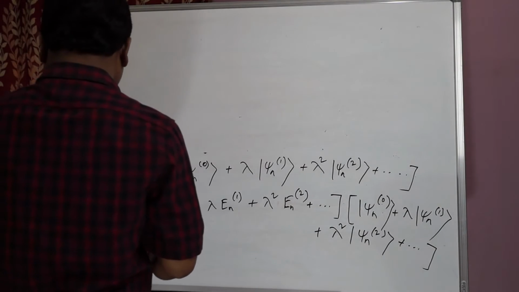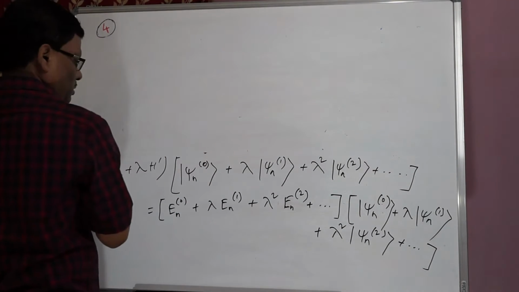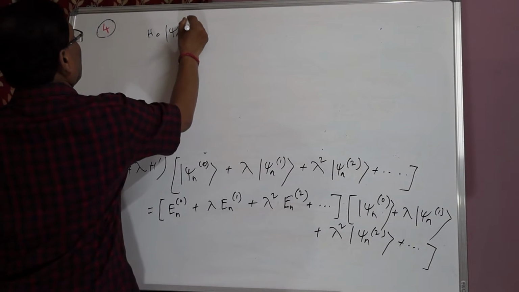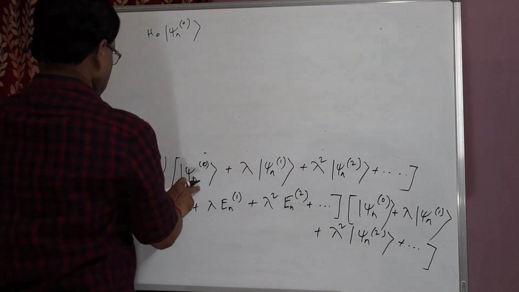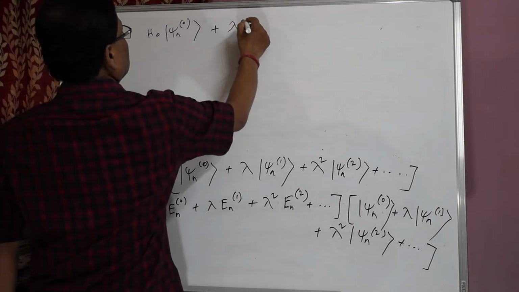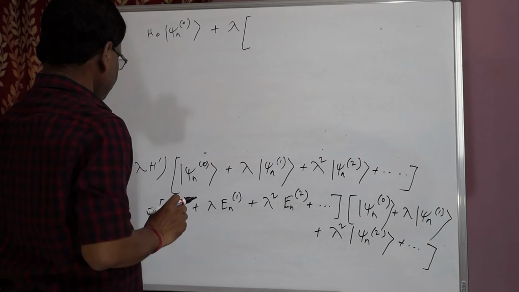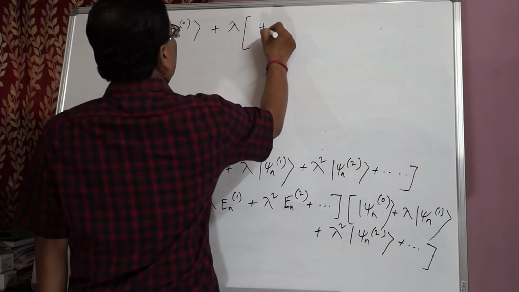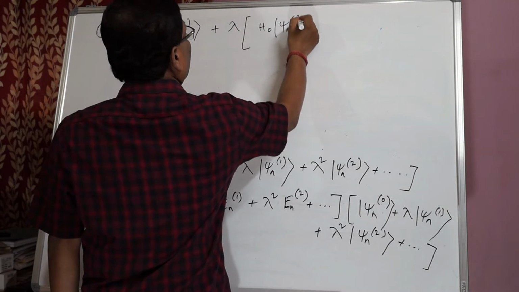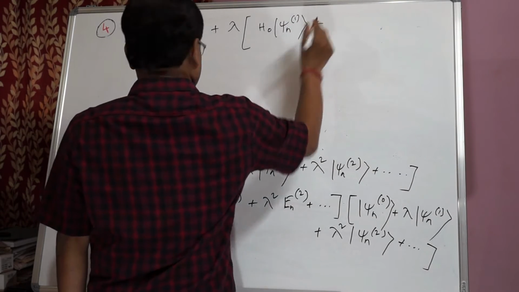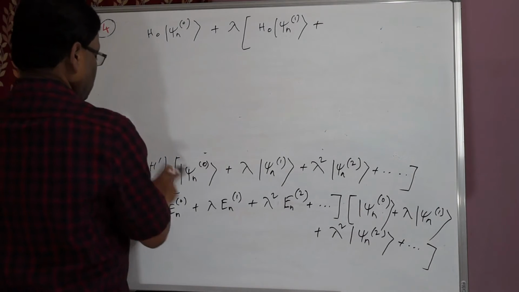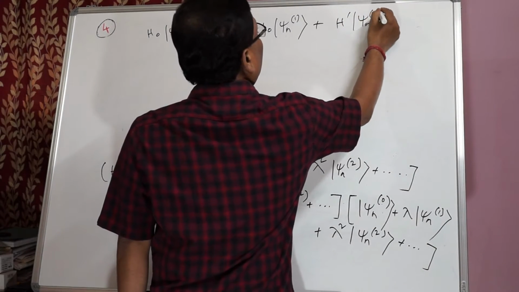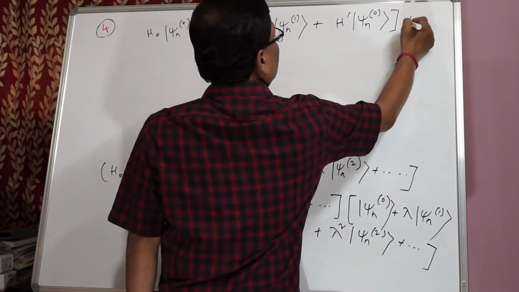So I can write these expressions as like this: H0 psi n0 plus lambda (H0 psi n1 plus H prime psi n0) plus,